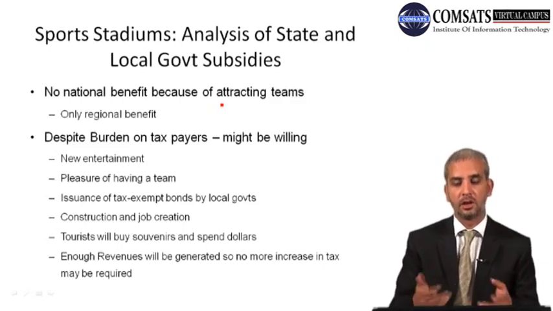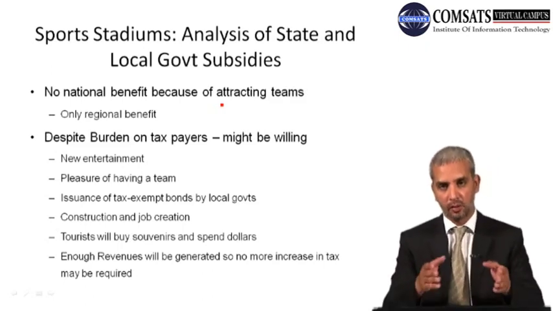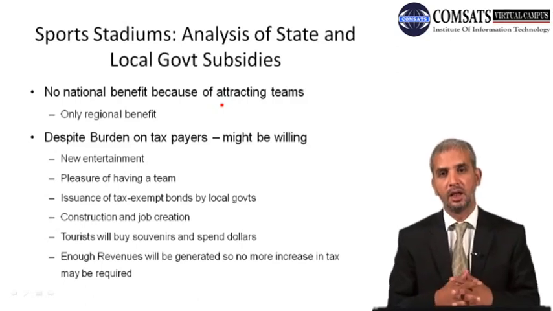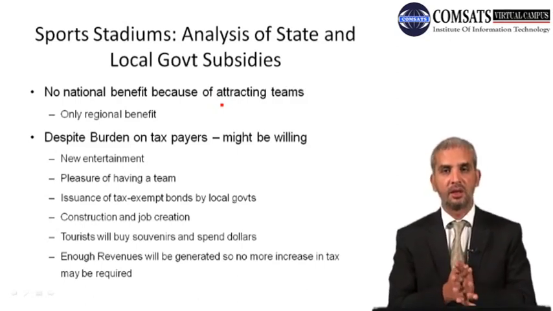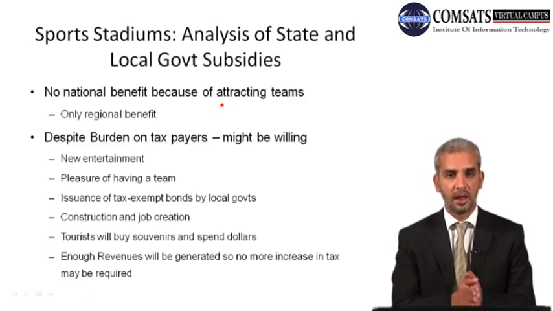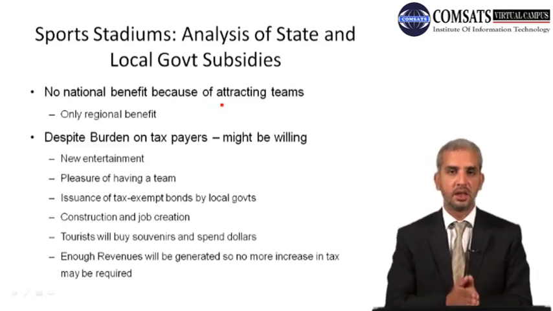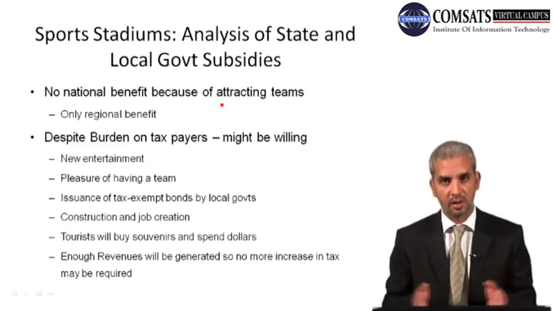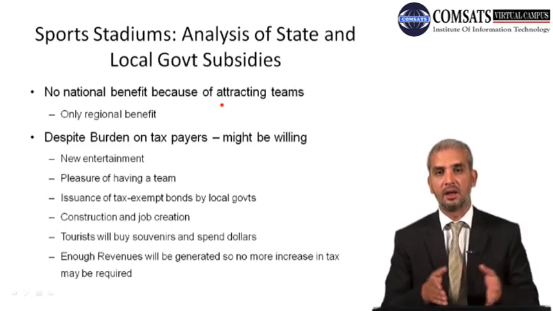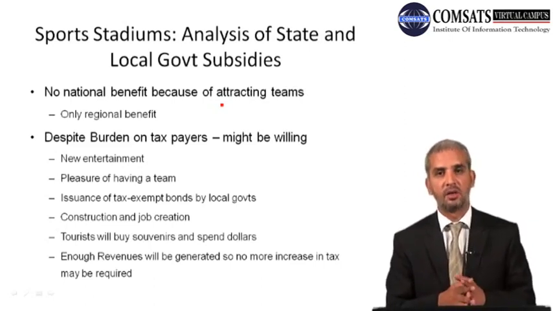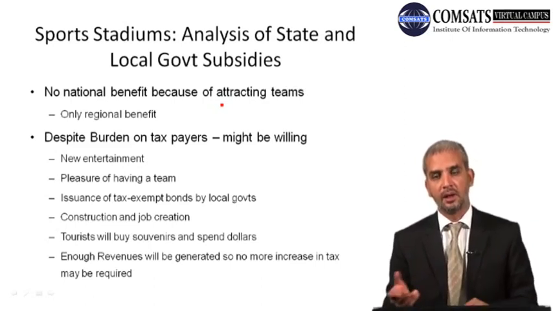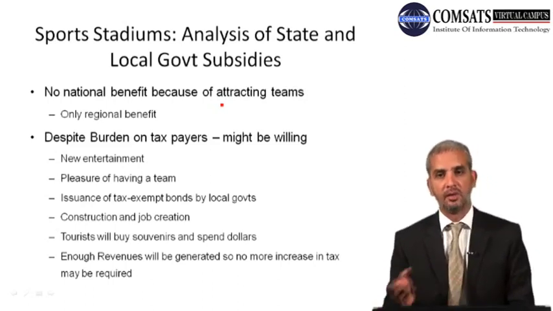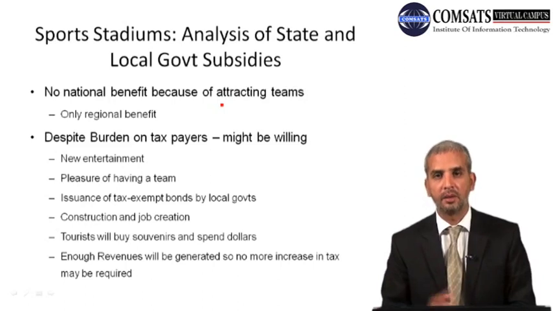Then supporters of construction of... now what we are doing over here is that we are looking at certain scenarios in which benefits and costs are being associated by those people who want the stadium, and then we would see where the mistakes are being made in that sort of cost and benefit analysis, like while making the list of costs and benefits, to see whether they had bias while making that list or whether they were unbiased.